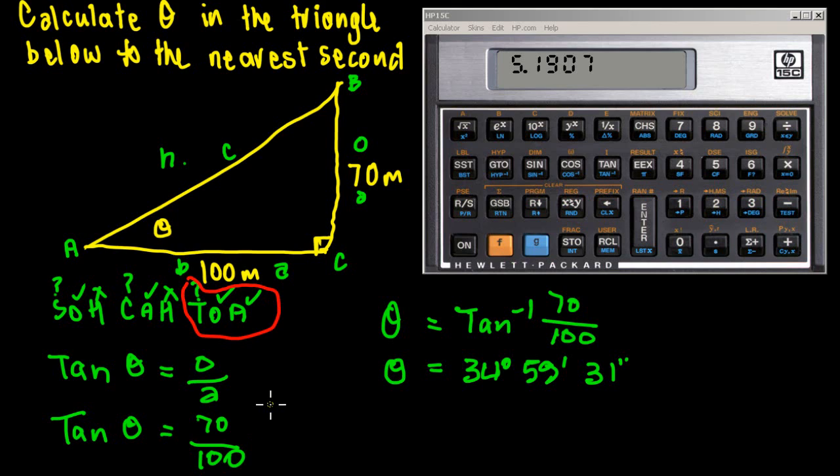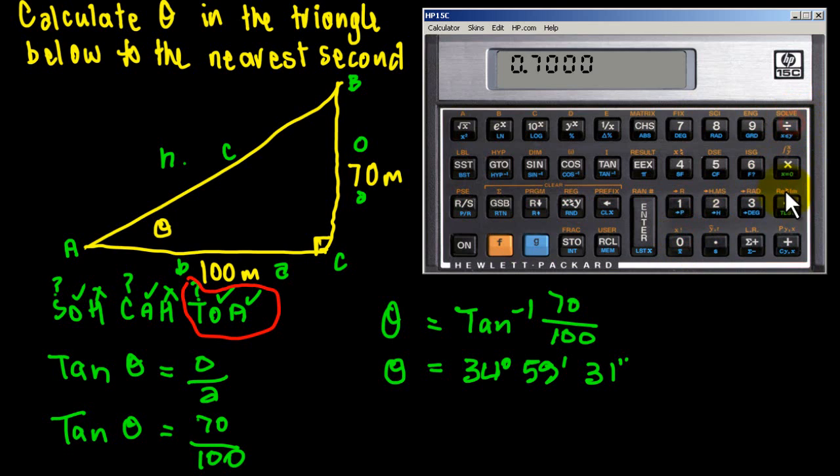Now I can work that out in my head, that's 0.7, but I'm going to do it in the calculator, because in case you encounter some trickier numbers that you can't do it in your head. So I'm just letting you know that I can do it in my head, just so you don't think I'm a bit lame, just putting it on the calculator, but I am just going to show how that does. So I know the answer is 0.7, but I'm just going to prove it to you. So here we go. 70 enter,